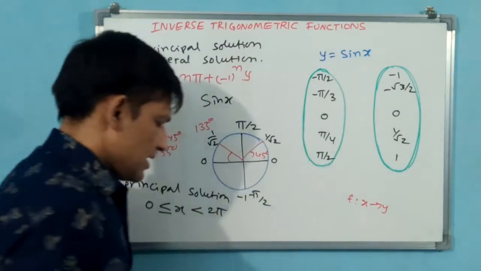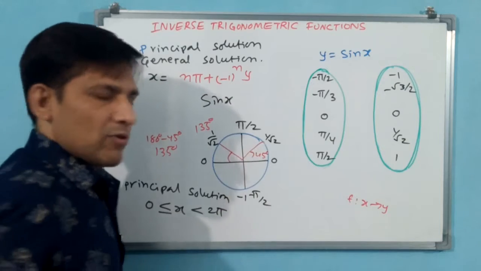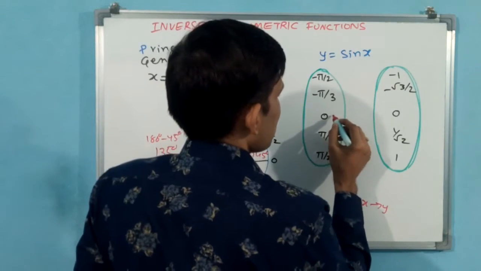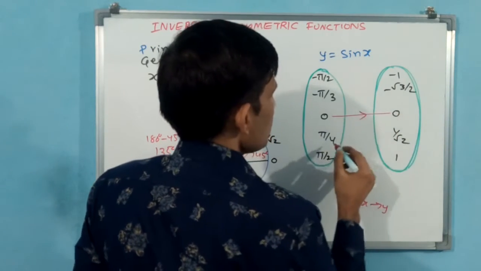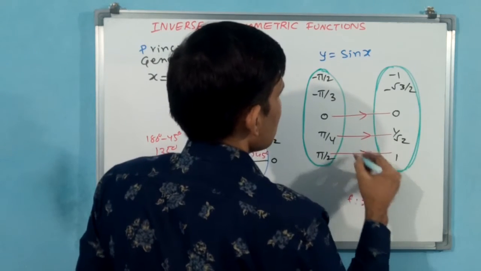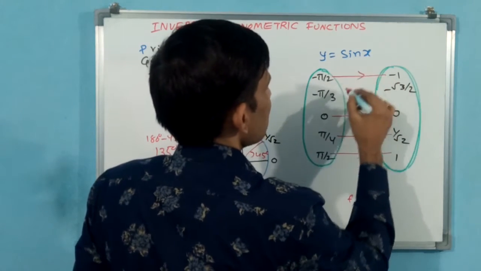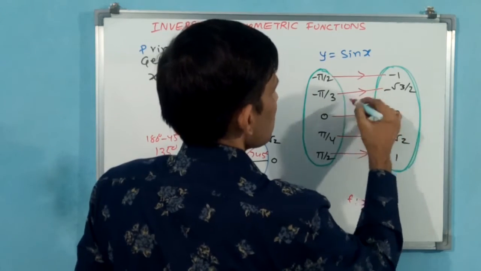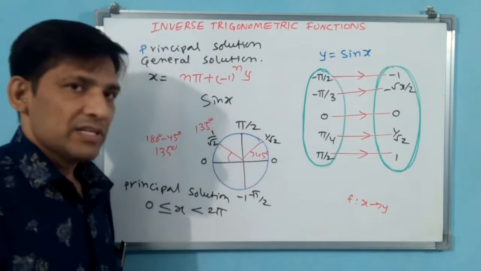Okay, now see, remaining values are also there, but I have not written. Okay, let us understand first this arrow diagram. 0 to 0, 45 degree 1 by root 2, 90 degree 1, minus 90 degree minus 1, minus 60 degree minus root 3 by 2. Okay, now you observe here,